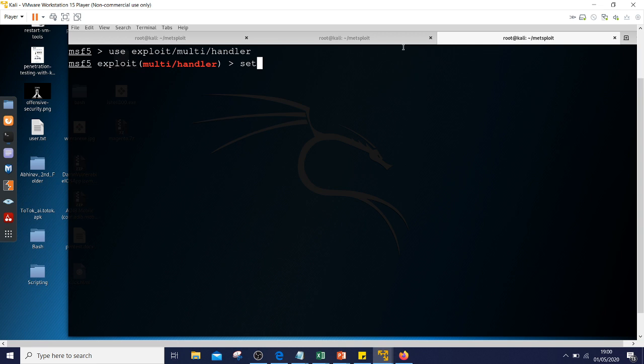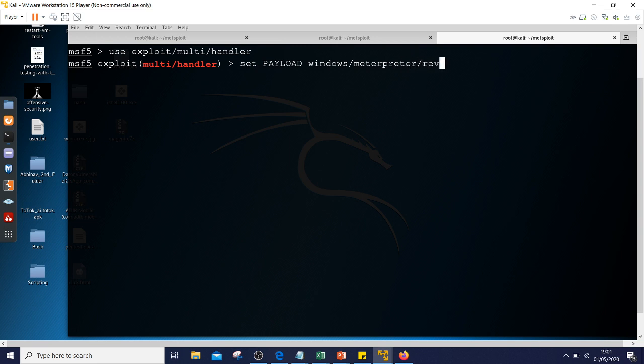So how do you do it? You write set payload, and then write the LHOST value, which will be the same as for our calling machine, the same we set in our payload. Our Kali machine's IP is 192.168.191.140. Okay, set payload. Here we are making some mistake. We will set the IP later. First we have to set the category of payload. So set payload, then we have to write windows/meterpreter